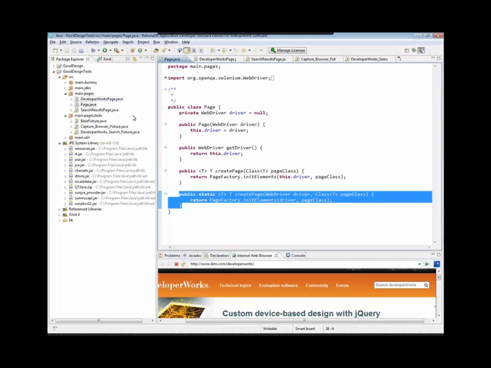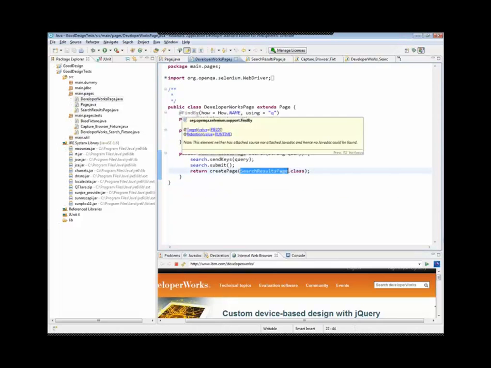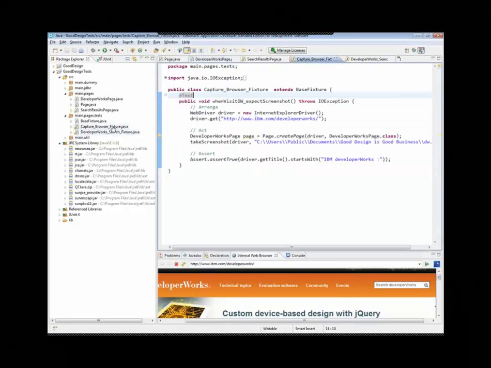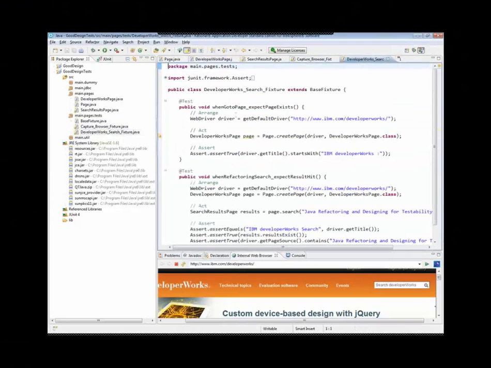So here's our page object. If we look at the developerWorks page, you can see we just have a simple search. So we're coming into our search page, and one of the things that we need to do, because it's a web application, is handle the locations, URLs, things of that sort. In our production type library, we use the concept of a default.